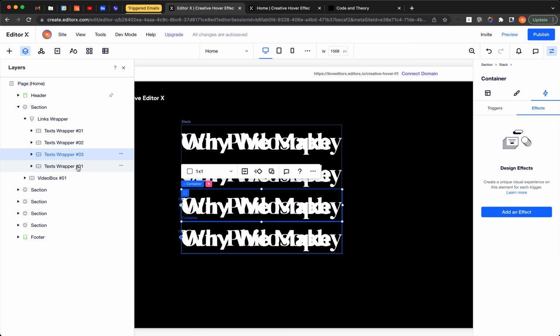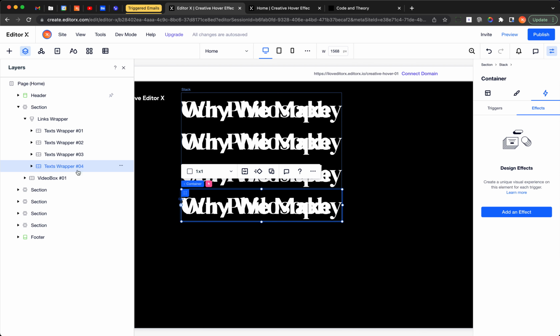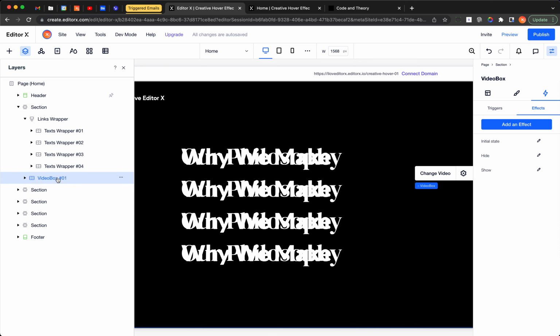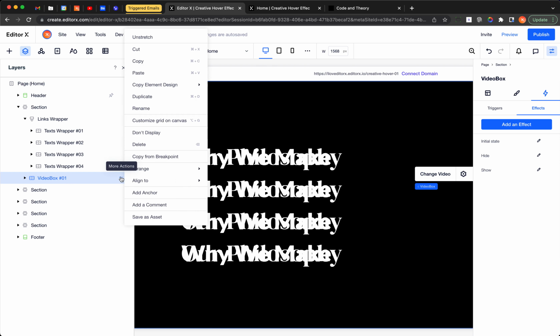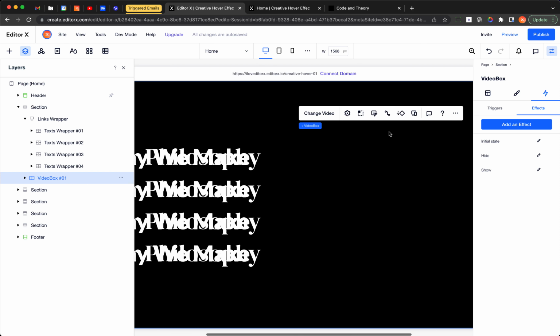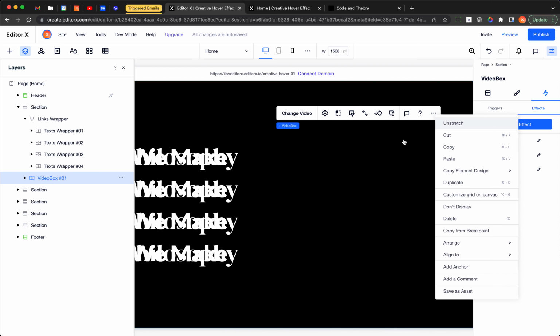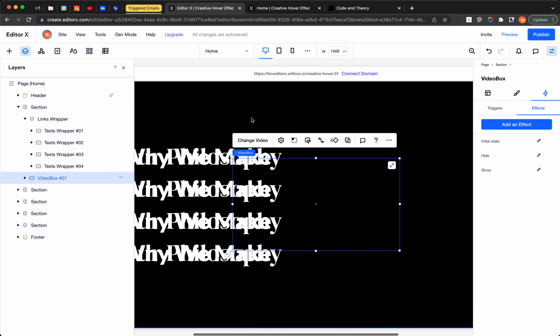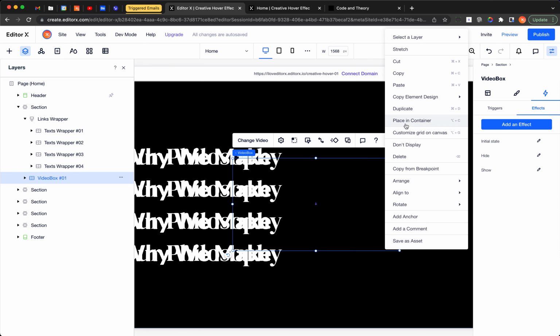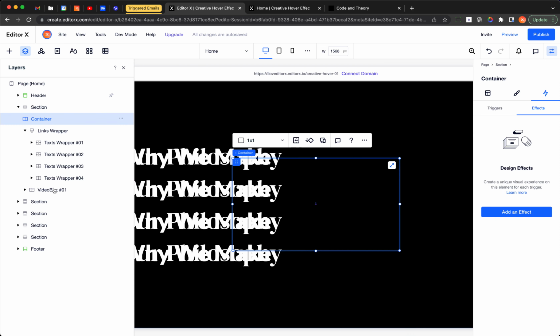The naming is super important because you can work much faster when you have the right naming. You don't need to do it, but I love to put my elements in containers, because it allows me to edit a group of elements really quick, or to move them between sections or whatever. So I'll put it in a container, and I'll call it